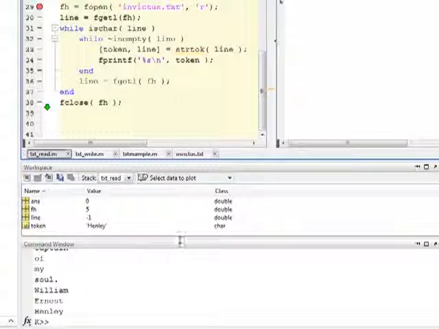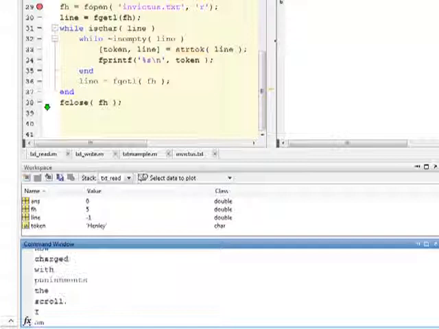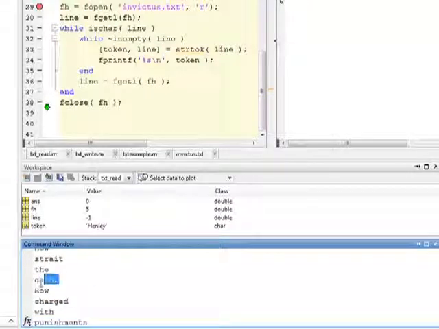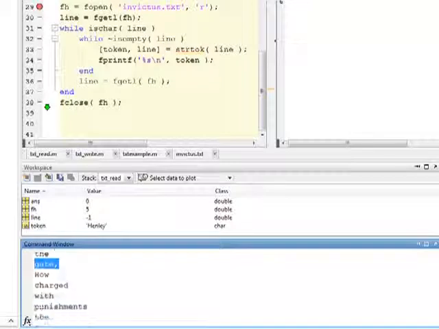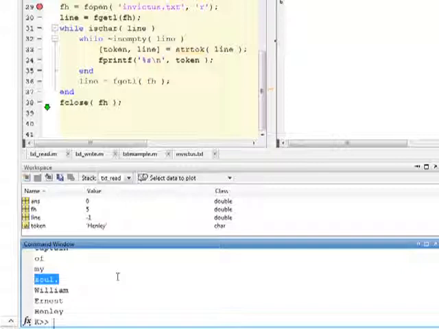And my output is all the tokens. You can see as I scroll through here, all the tokens put on their own line. And you can see some tokens like "gate" have a comma because it was in the line. "Scroll" has a period at the end of it. So this is why we don't call them words. This is why we call them tokens. "Fate" has a colon at the end of it. The punctuation gets included. And so you have to go back and do some additional processing if you just want to strip all the words out of it. But you know how to do that with